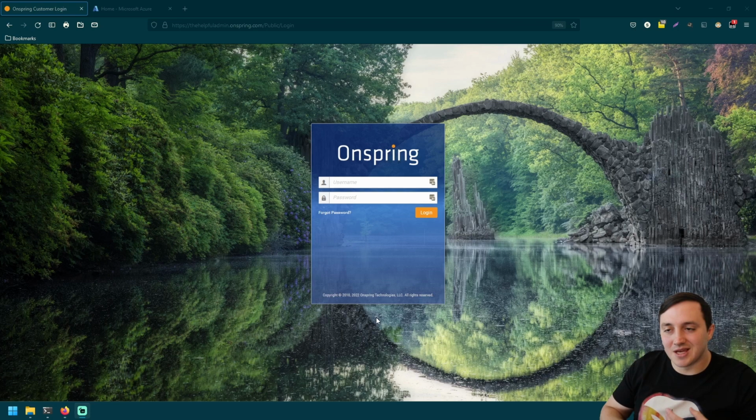That's really going to make my life easier, so I don't have to manage another set of local credentials. I can rely on a centralized set of credentials and let my identity provider take care of the authentication into all these different applications, whether that be multiple Onspring instances, other web applications, or non-web applications. So I'm just going to log into the instance locally really quick